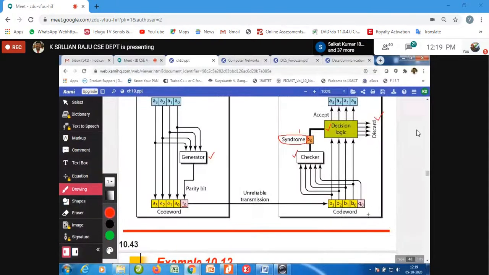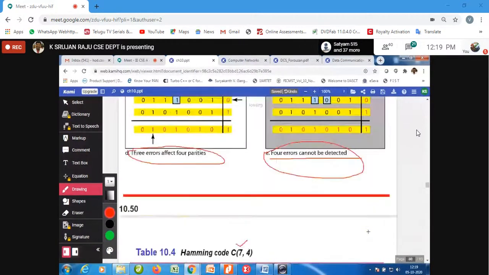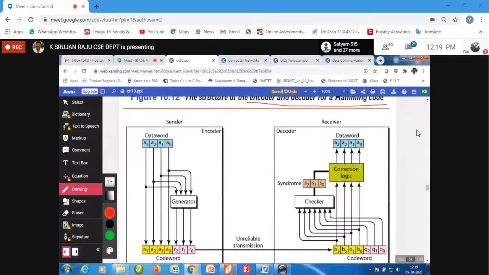Here you are going to have only the syndrome, but instead of only one bit, when we are using Hamming (7,4), you are supposed to look at R0, R1, R2, A0, A1, A2, A3. You are going to send it, and this is how you are going to do that. Please note the correction logic.